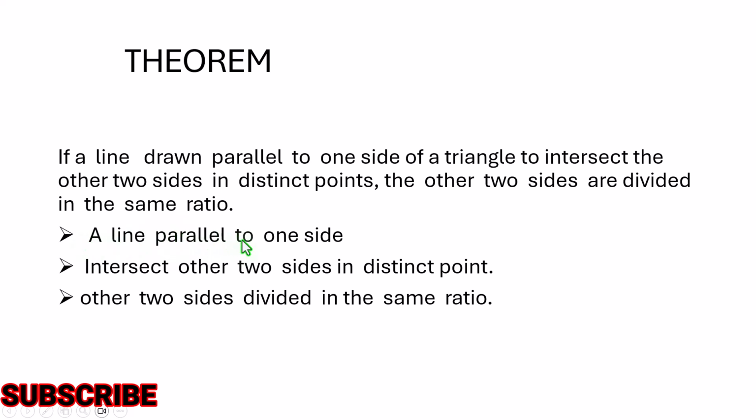The statement involves these three principles. A line parallel to one side: a triangle has three sides, and any one of the three sides can have a line parallel to it. It intersects the other two sides in distinct points, then the other two sides are divided in the same ratio. These three principles are involved in this theorem. So, the meaning of this theorem